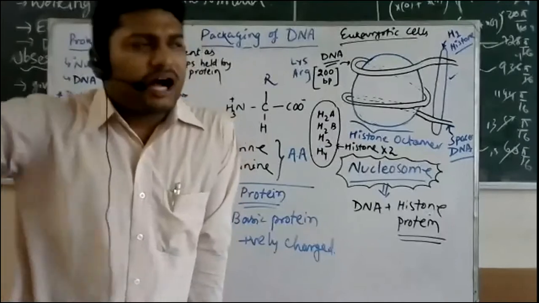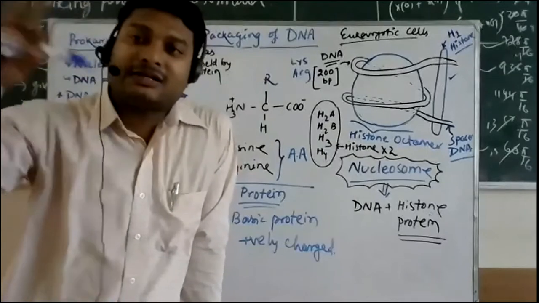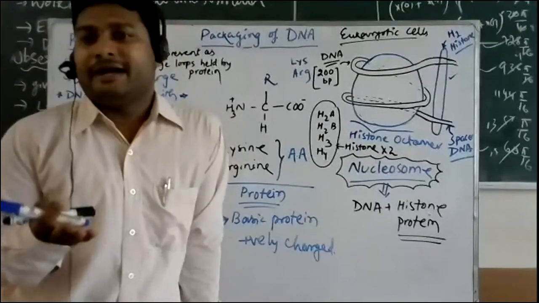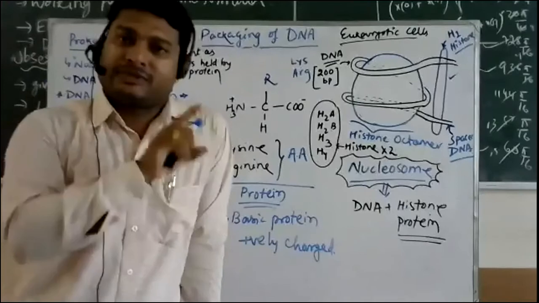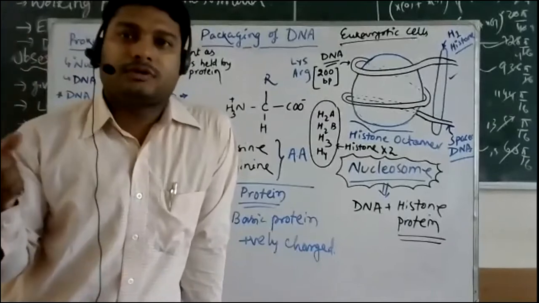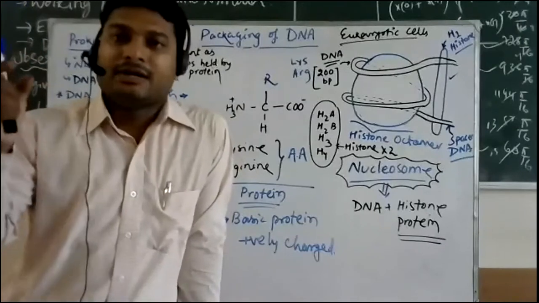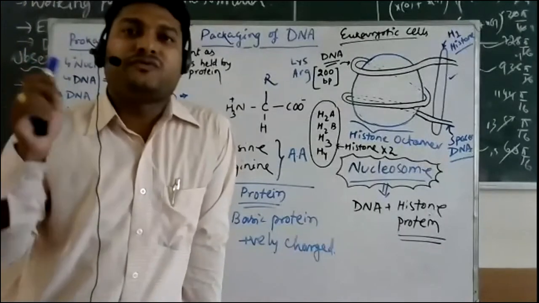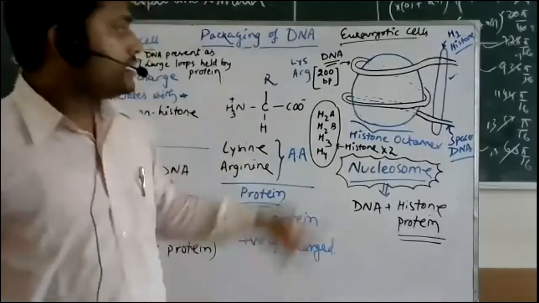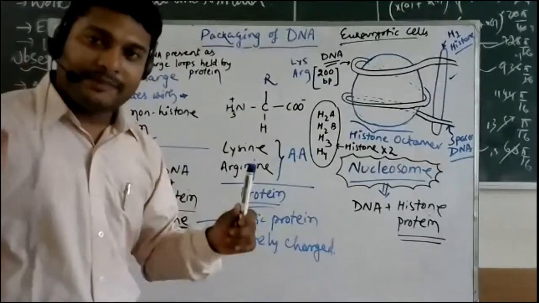Right now the obvious question is, how do all of these that we're talking about, nucleosome and so on, connect or relate to the chromosome structure that we know? We are all aware that the DNA is associated with protein, but inside the nucleus we have it in the form of chromatin, or chromatin fiber, or chromosome, depending on the stage of the cell division. When the cell is going to undergo cell division, it is going to form what structure? Chromosome. The chromatin, a thin thread-like structure we call it. It is still much smaller than that. So we know what is the diameter of DNA, dear students? Diameter of DNA is how much?